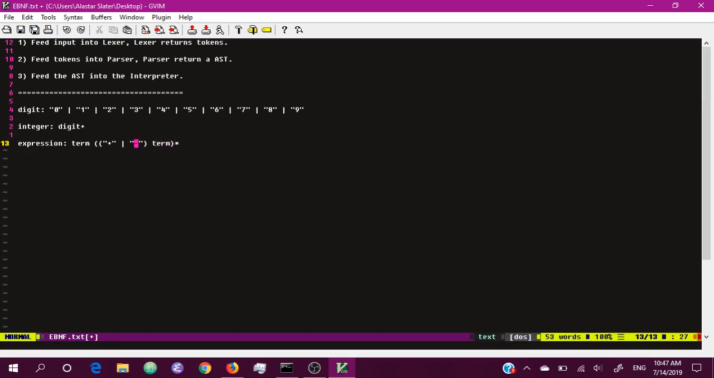So we can have at least a single term, or we can add or subtract more than one other term. We don't know what a term is yet. We can have term, plus term, minus term, minus term, minus term, plus term, right? We don't know what a term is, but we can define that. So we can say a term